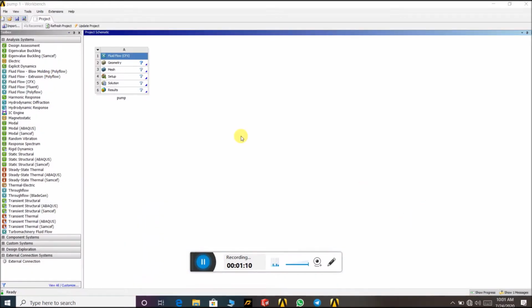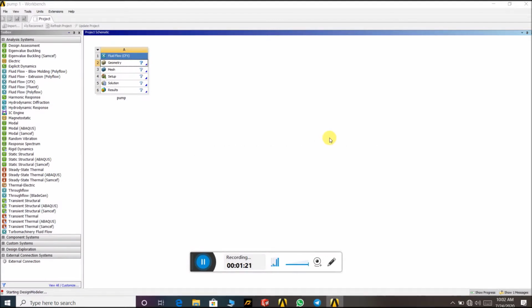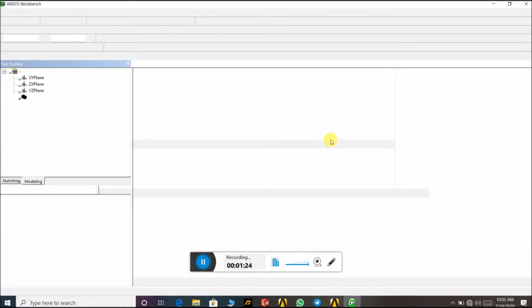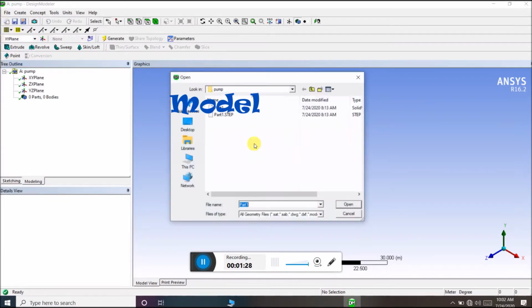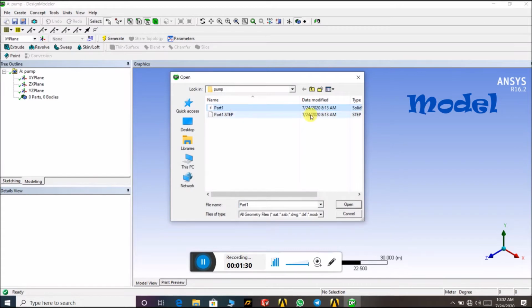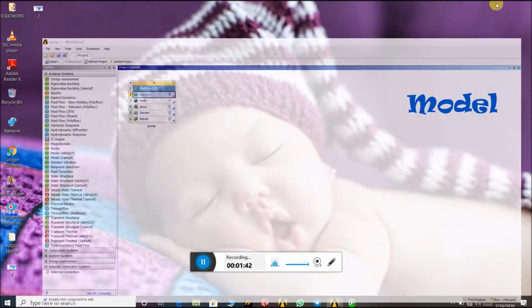The first question is why we are doing this fluent flow analysis, because this is very important for any pump engineer, any pump designer. By doing this analysis he can ensure where the flow of the water is going and where the flow is disrupted. You can see the different kinds of streamline there.